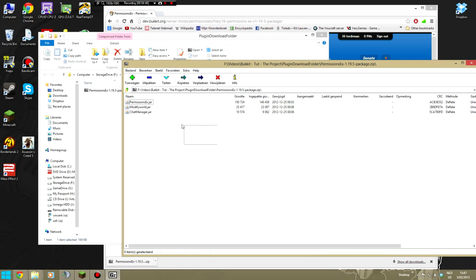Anyway, inside our PermissionsEX package, we find 3 plugins. What a surprise! This is the entire PEX package pretty much. You have PEX itself, ModifyWorld. What that does is it allows you to allow and deny people building and picking up items or interacting with items, or pretty much everything that has to do with items, inventory and interaction,